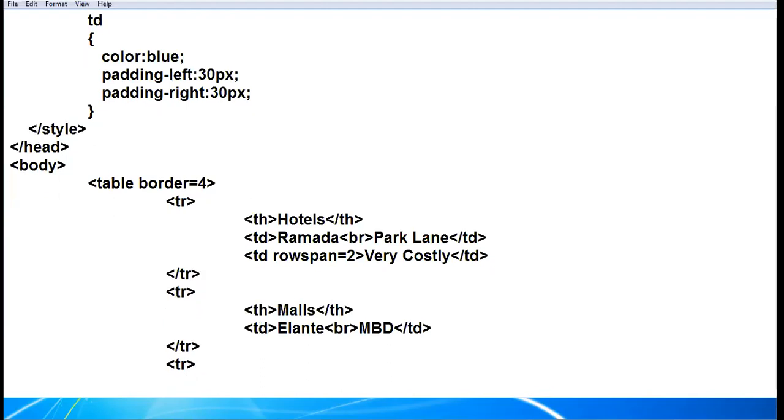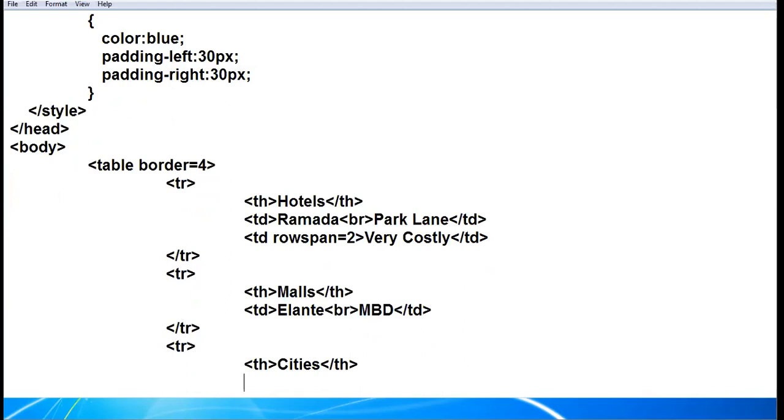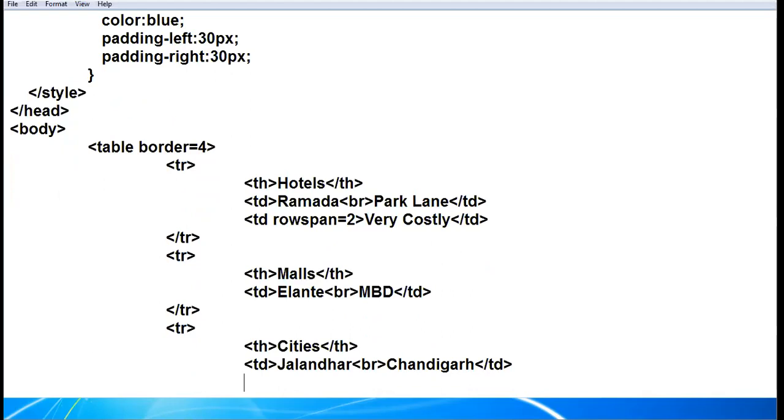Now again TR, and I am giving here Cities. TD, Jalandhar, BR tag, Chandigarh, and close the TD. Right? And here, thickly populated.